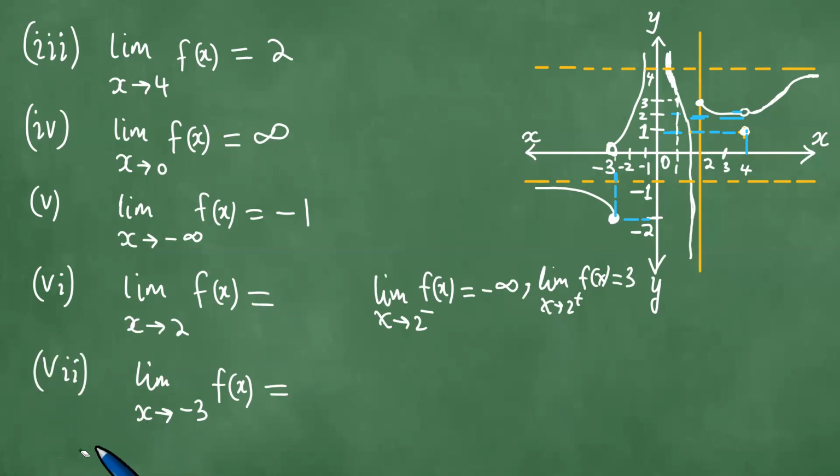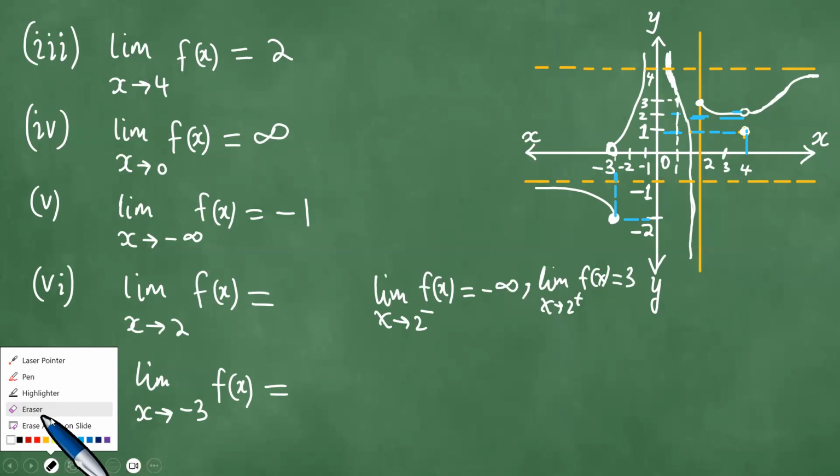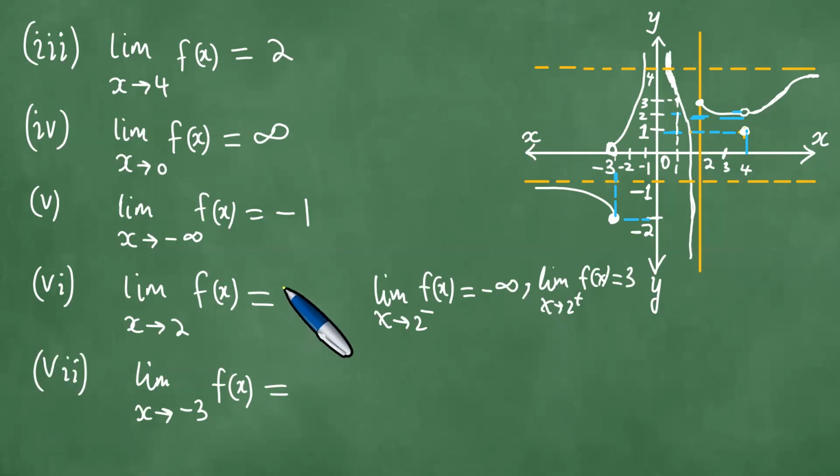There are a couple of ways to say that. You can use this notation and say does not exist, or you can write in full and say does not exist, like this. When x approaches -3,